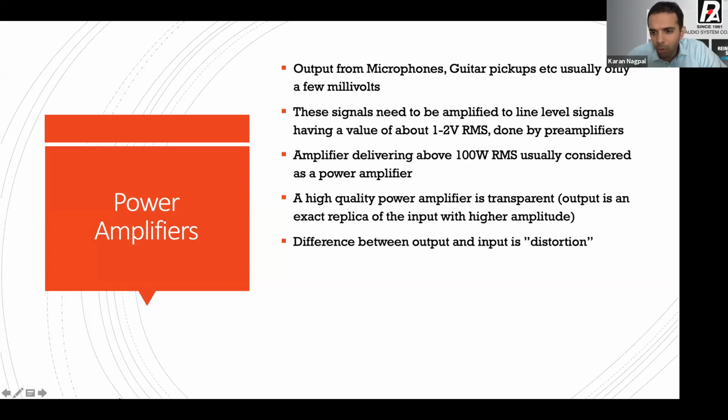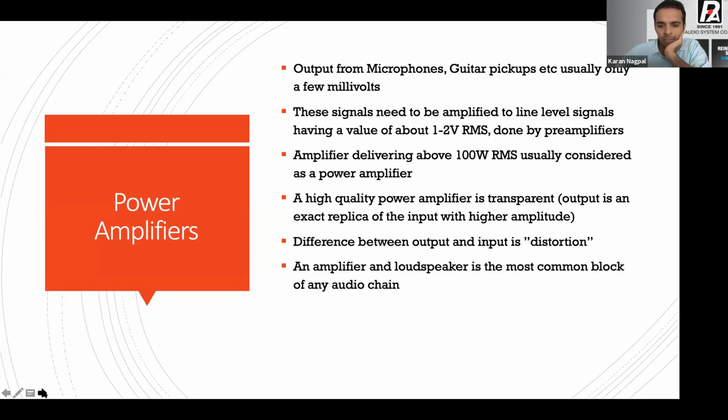The difference between output and input is distortion. If something new comes in between your output and input, we'll consider that as distortion. It's not something that we want. But again, there are some applications where distortion is wanted, like guitar amps. Distortion is musical, and valve amps and different kinds of amps are used to make it sonically more fun. You can't use a guitar amp in a pro audio application, but I'm just giving a brief run through.